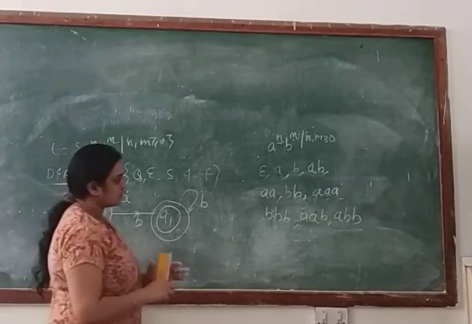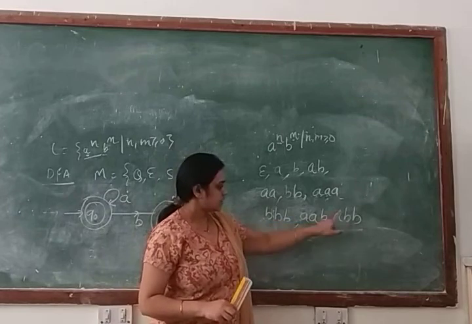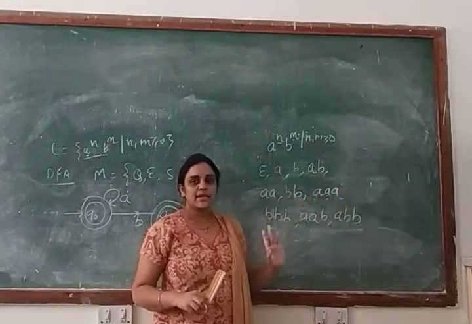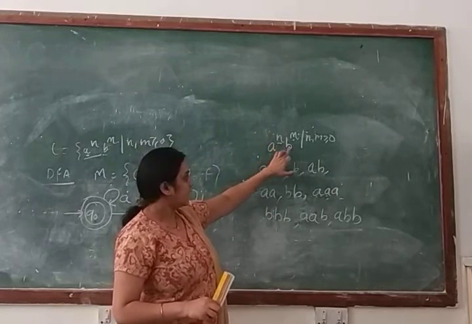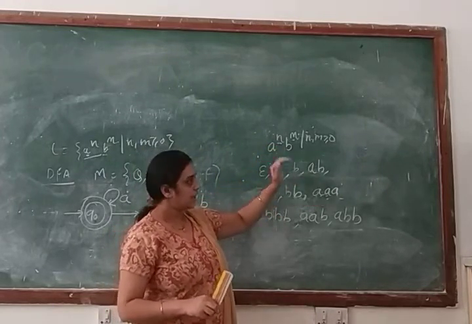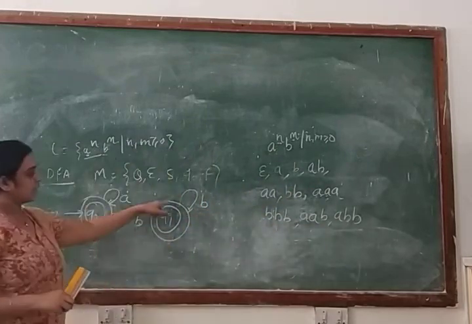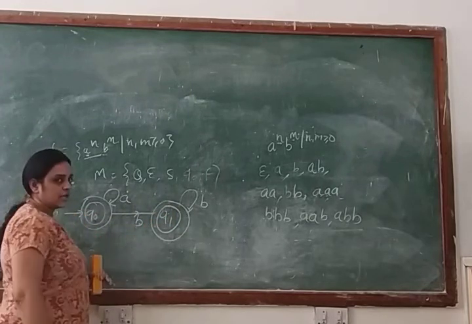So you can check this string. This string A, B and B, and after that any number of B can come in your string, because the n value is 1 and the n value can be anything. So that's why your machine can accept this type of string. Clear? So that's why we can make this transition for input symbol B at the state Q1.